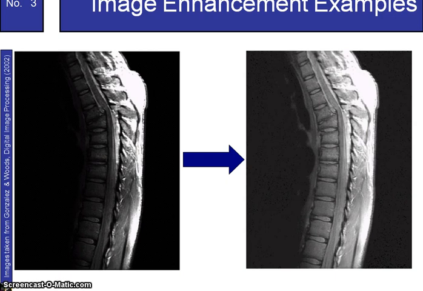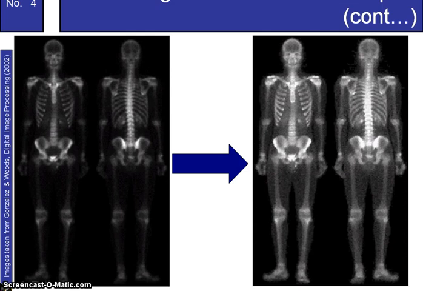On the left hand side we will see the original image, and on the right hand side we will see the processed image after applying the image enhancement technique. So here in this figure you can see the contrast level of the original image is increased in the processed image. This is another example, a medical image, in which in the processed image we can easily extract the details of the interior structure of the human body by increasing the contrast level.